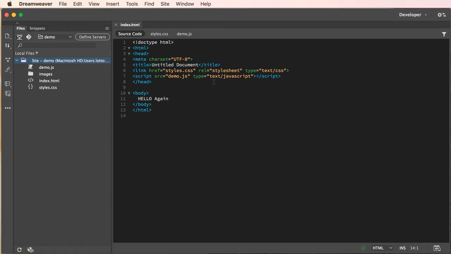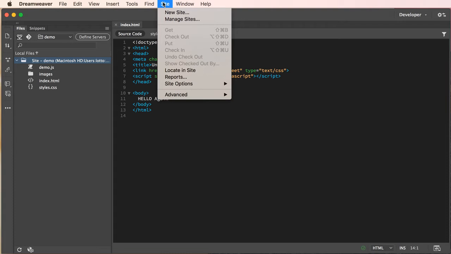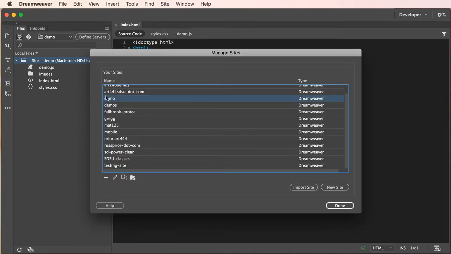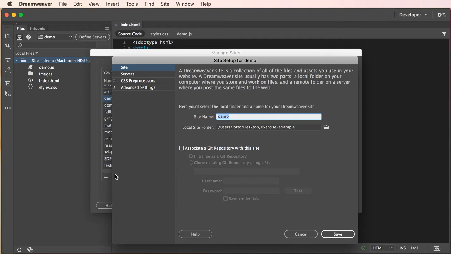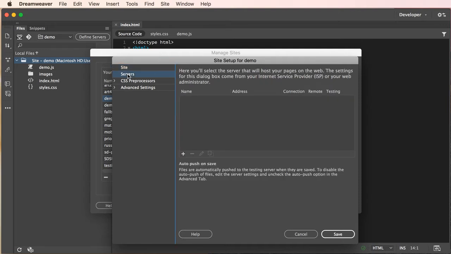And we will first go up to the Site menu. We'll go to Manage Sites. We are working with our demo folder. This is what we set as our root folder in step 1. So I'm just going to click Edit. And now in our categories over here, I'll just go to Servers. And at this point, we do not have a connection to a server, so we'll click the plus sign,